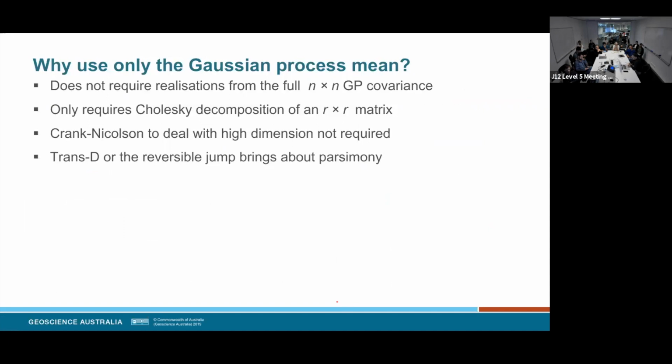And you only ever need a small decomposition of an R by R matrix. That's orders of magnitude smaller than the full N that you might need to model the physics. So there are methods to deal with this using stochastic PDEs that I don't know very much about, but you don't need to use Crank-Nicolson to get these realizations.